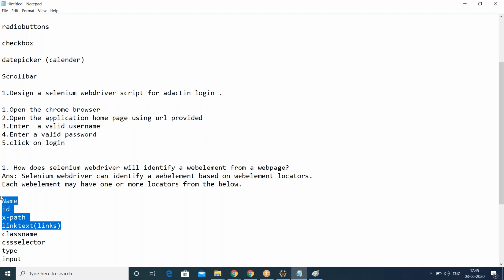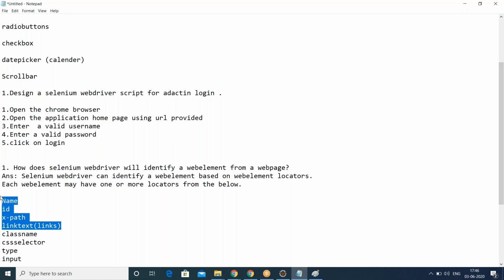These are the possible locators based on which we can identify a web element. If at least one of these locators is available, you are able to write a Selenium script.